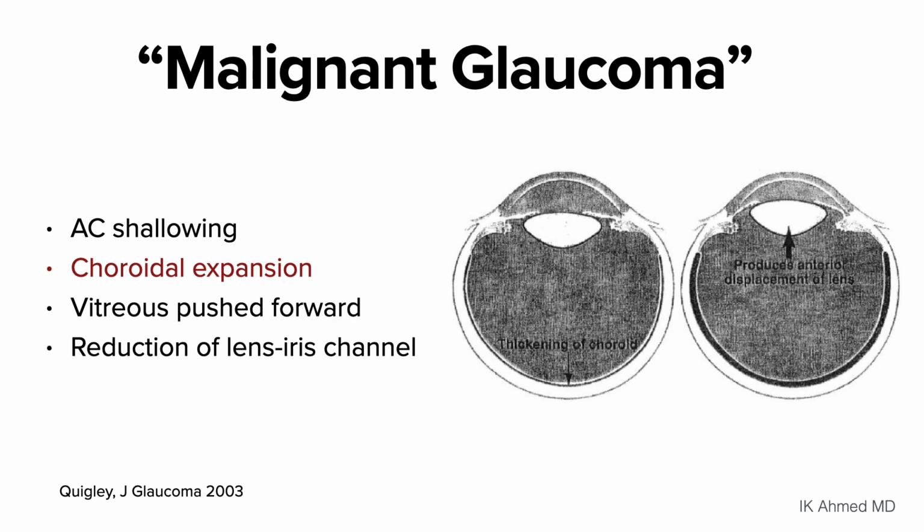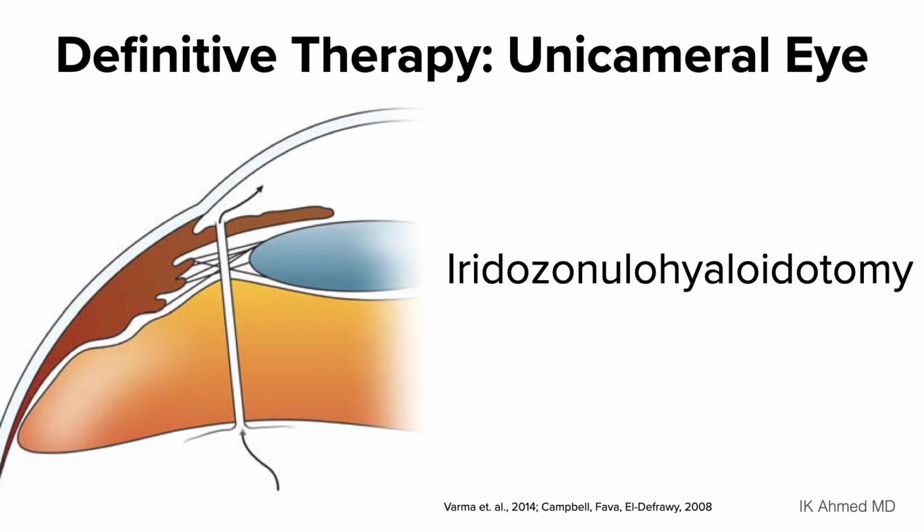which typically presents as AC shallowing as a result of choroidal expansion, pushing vitreous forward, reducing its conductivity, and that, along with a small lens iris channel, results in a shallowing of the chamber. Now, the definitive therapy in our experience and many others has been to create a unicameral eye. This doesn't require a large vitrectomy, but requires an iridozonular hyaloidotomy, cutting the iris, peripheral capsule and zonules in the anterior hyaloid and peripheral vitreous to create a communication between the posterior segment of the eye and the anterior segment